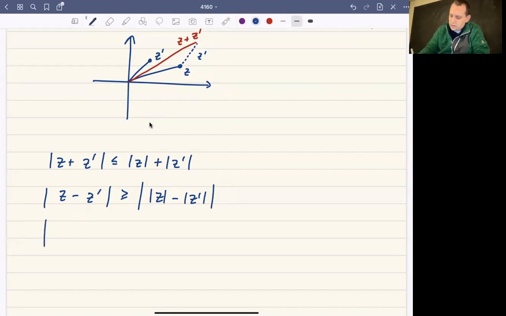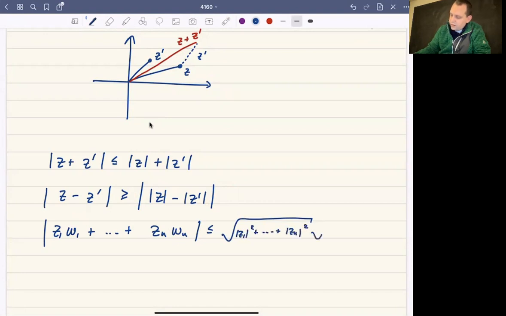There's another version of this, so z1, w1 plus, if you were to have all of these being complex numbers, and this is going to be less than or equal to the moduli of z1 squared all the way up to the moduli of zn squared, and then the same for w, moduli of w1 squared, moduli of wn squared. And in particular,